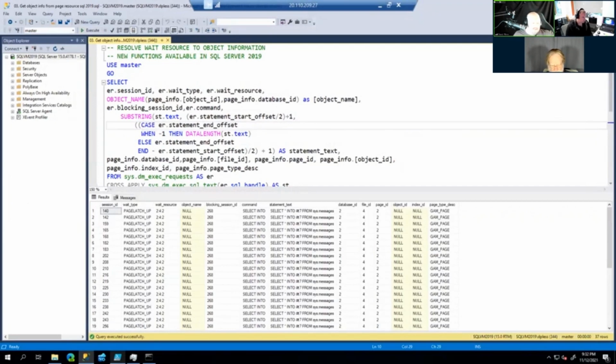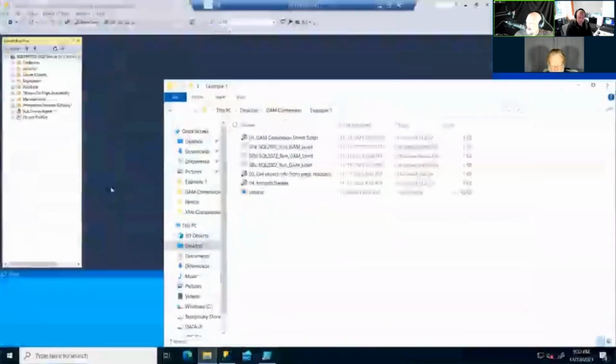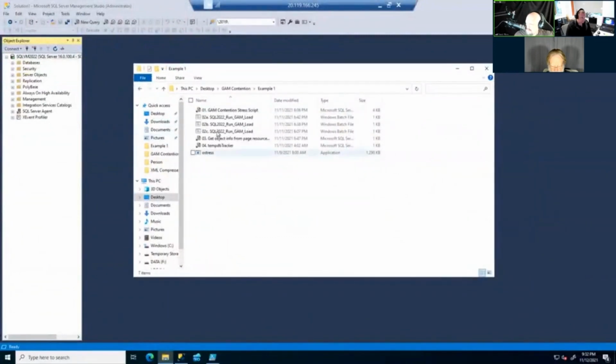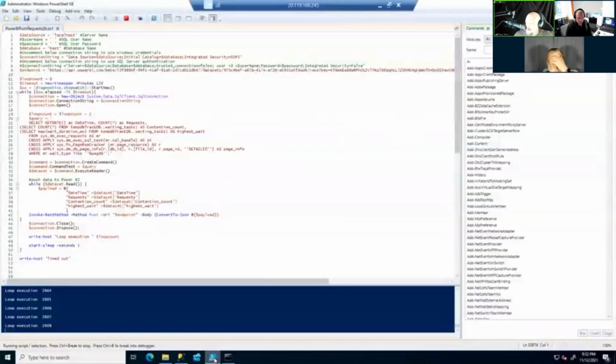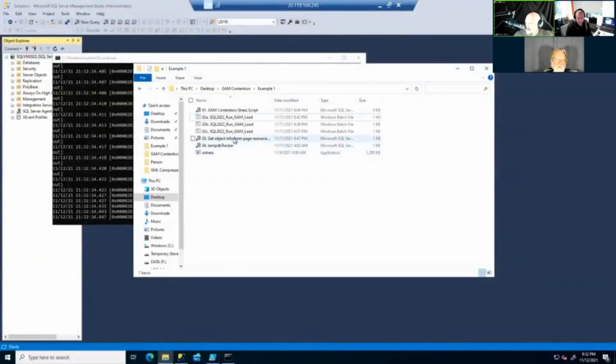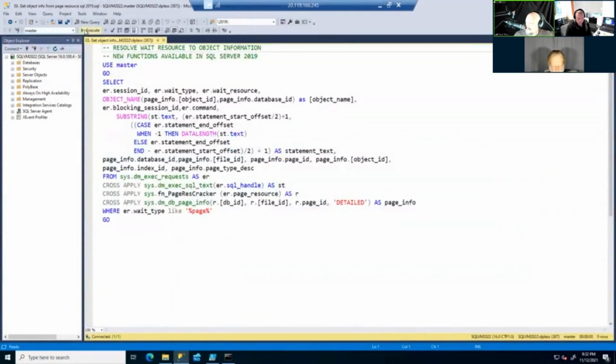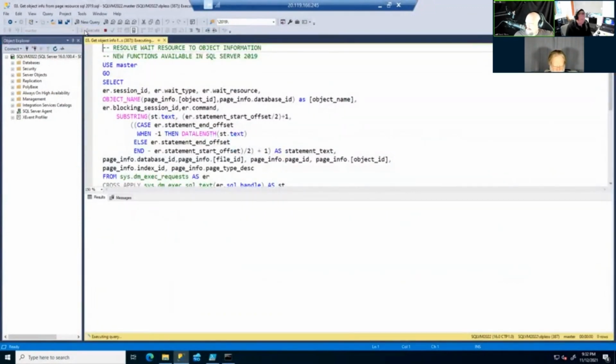Now let's do the exact same thing on this identical VM. The only difference is I have SQL Server 2022. I'm going to run this workload. It's also doing that streaming, by the way. And I'm going to see if I see any contention. If I do see contention, I expect it to be sysobjects related, because I have not opted in for the in-memory OLTP hackathon improvement for TempDB. I have not done that.